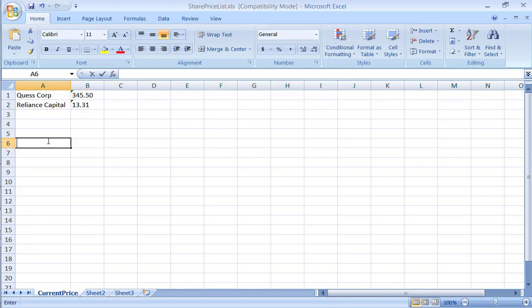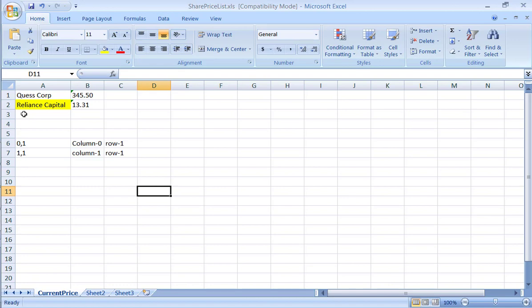So let me write it down here. 0, 1 means column 0, row 1, I am referring to this one. Suppose for example I am saying 1, 1, that means column 1, row 1.